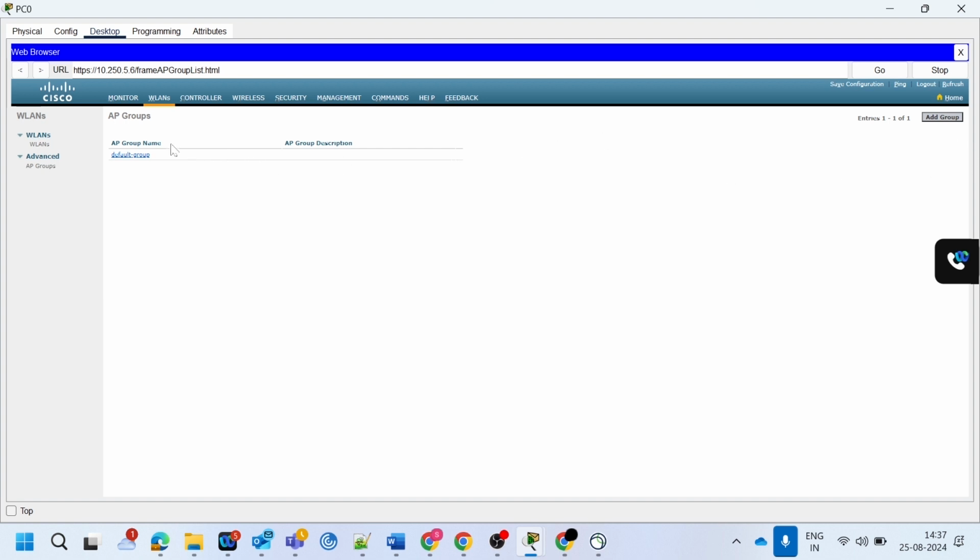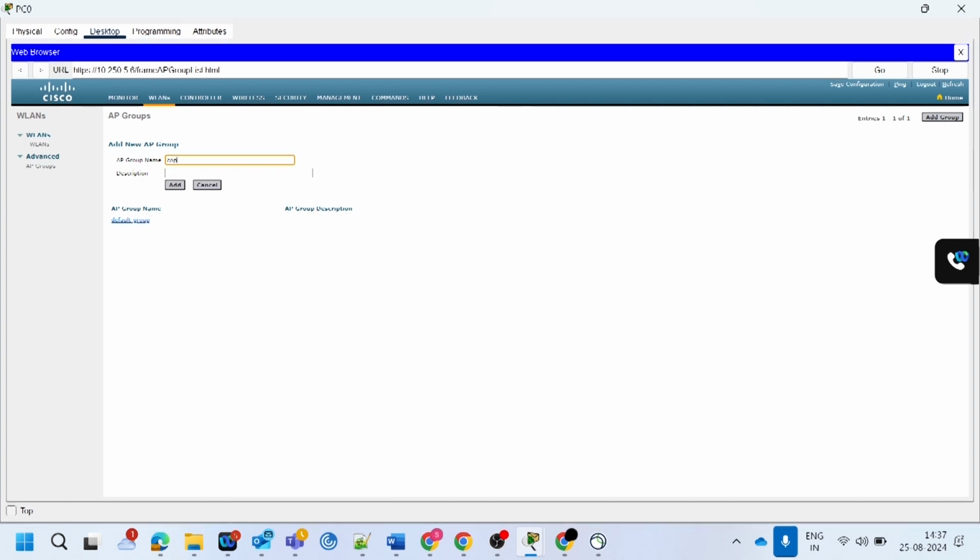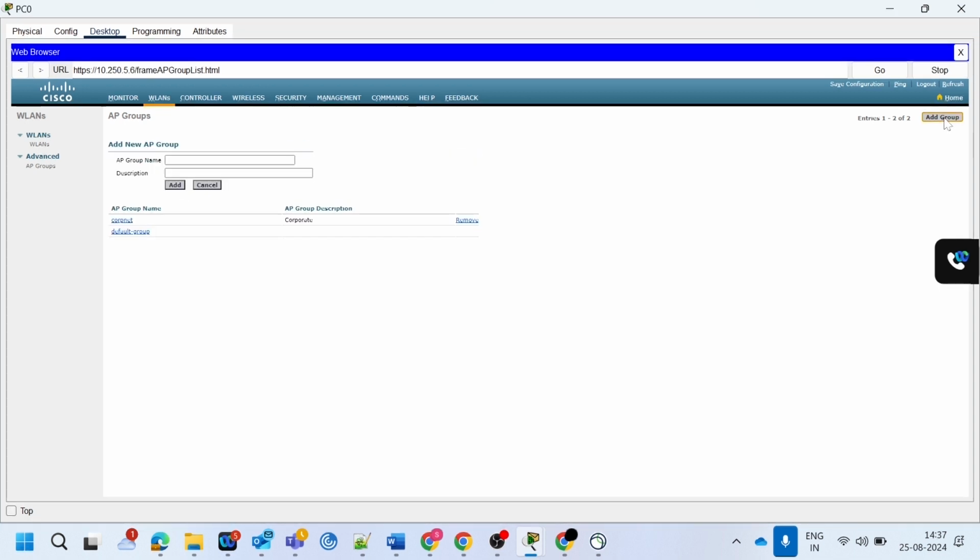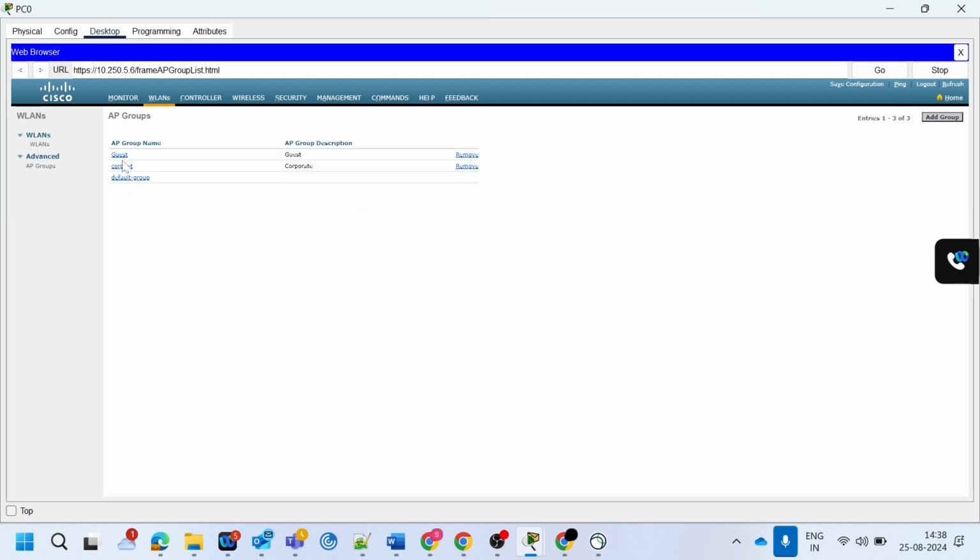By default, in the default group, all the access points are broadcasting all the SSIDs. Now we are going to create an AP group that is of CorpNet and is for the corporate users. I'm gonna add it, and an AP group guest. So this is for the guest, and we are gonna add it. So if we come up to the CorpNet,